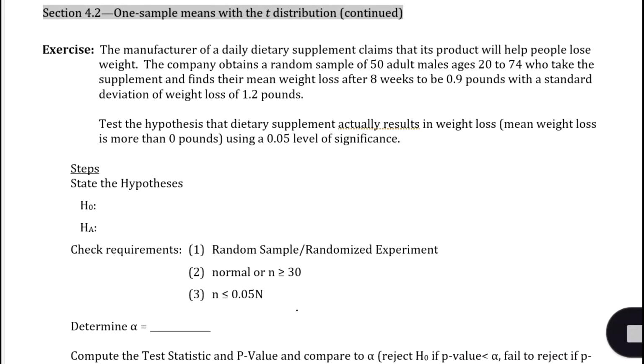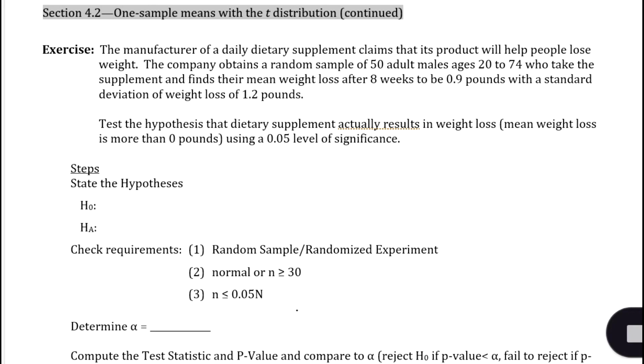So these are the exercises for section 4.2, one sample means of the t-distribution. The manufacturer of a dietary supplement claims that its product will help people lose weight. The company obtains a random sample of 50 adult males aged 20 to 74 who take the supplement and finds their mean weight loss after 8 weeks to be 0.9 pounds, with a standard deviation of weight loss of 1.2